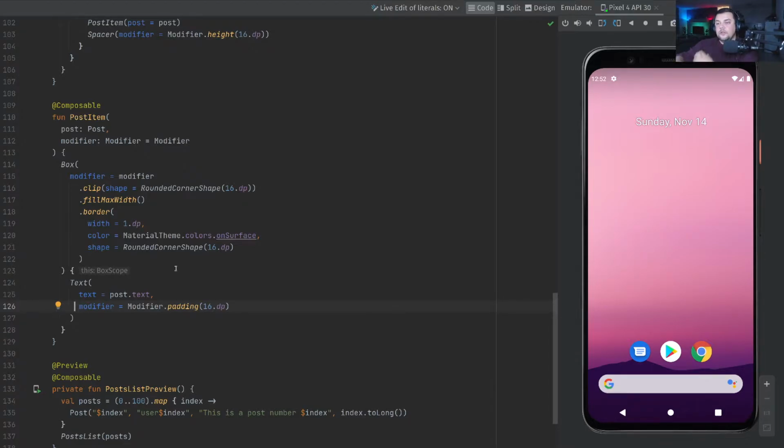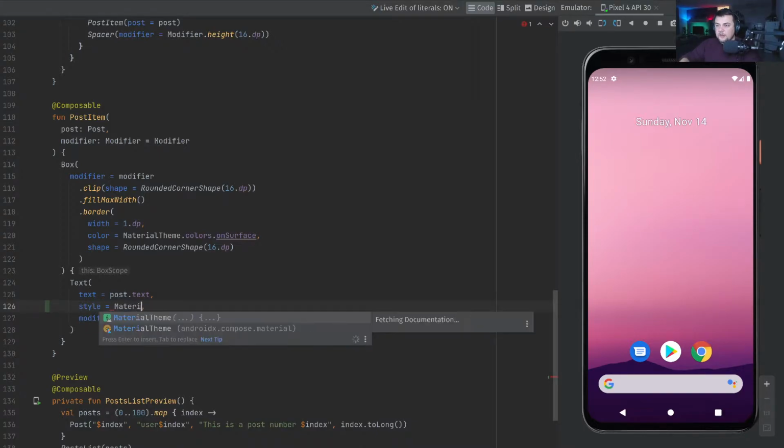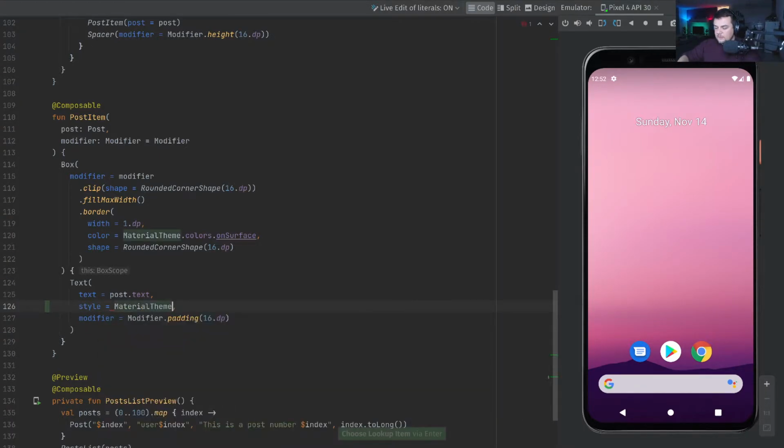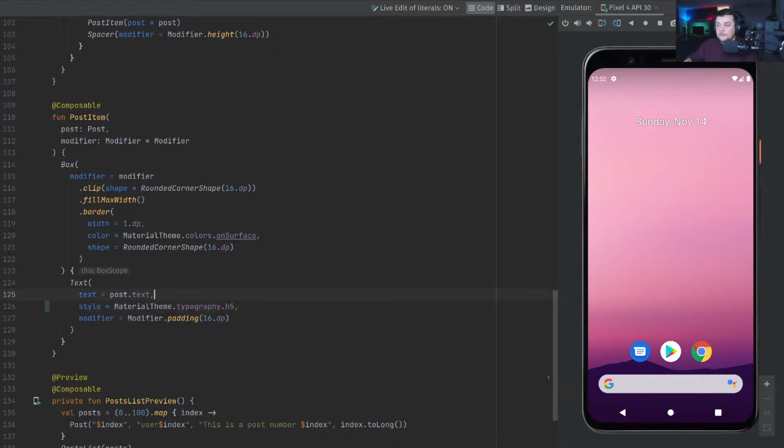So in order to do that, let's first add here a style, which is gonna be material theme typography, I don't know, H5, let's say. It's gonna make it stand out, it's gonna make it a little bit bigger. And because I'm gonna show this post text below, and above I want to show something else, basically a row,